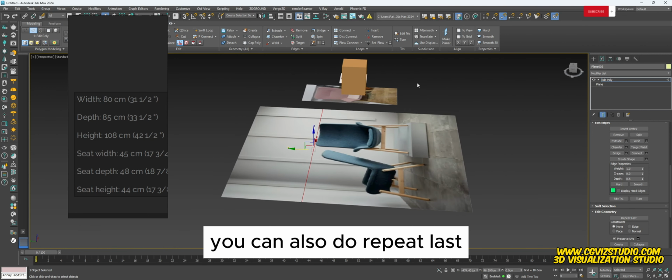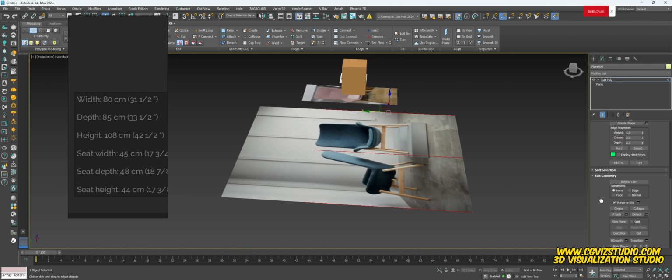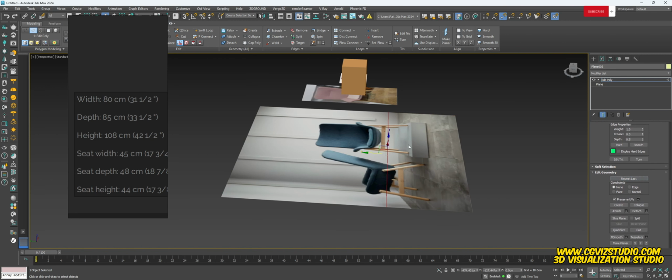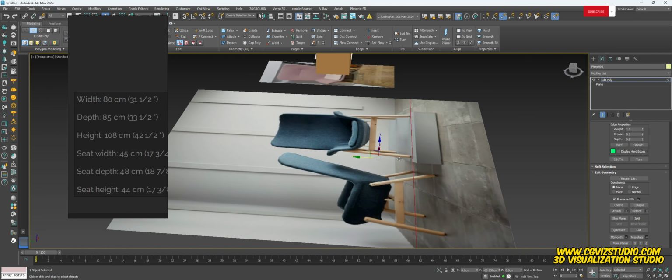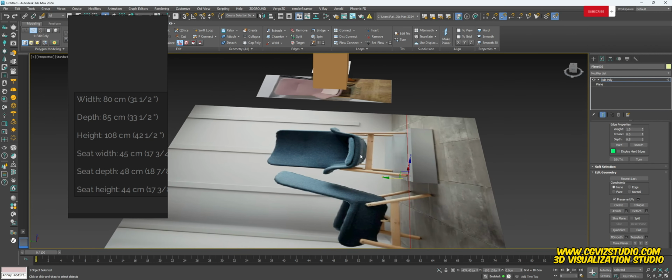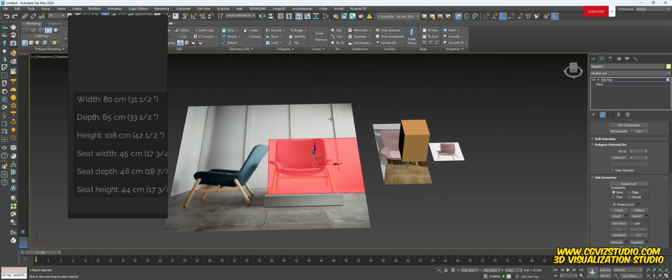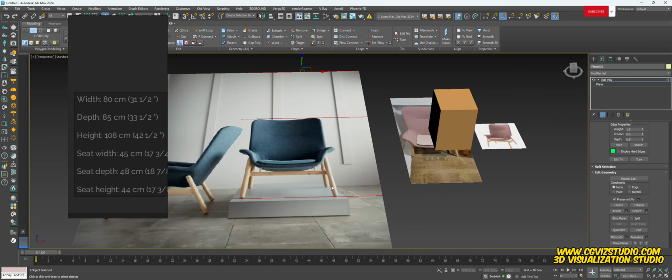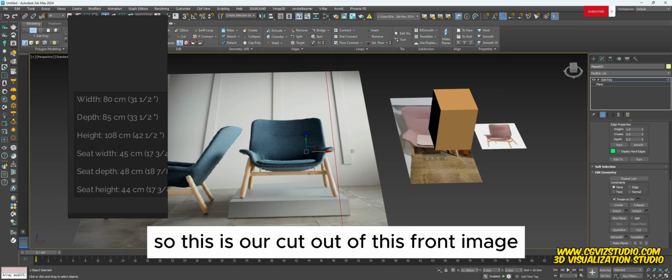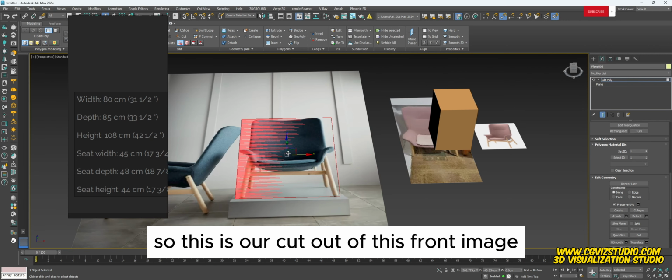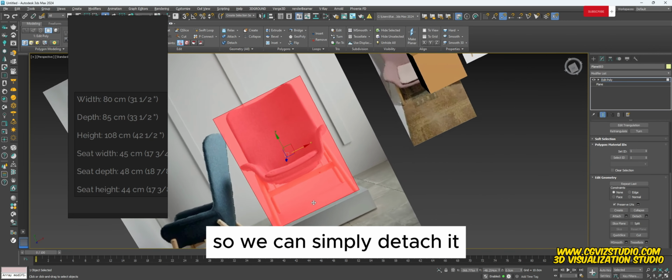You can also do repeat last. So this is our cutout of this front image, so we can simply detach it,